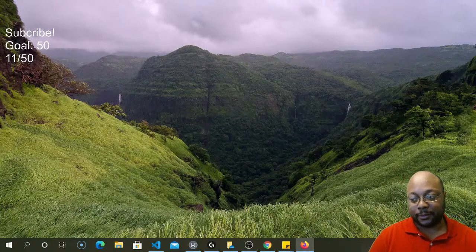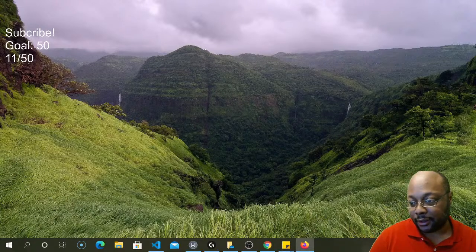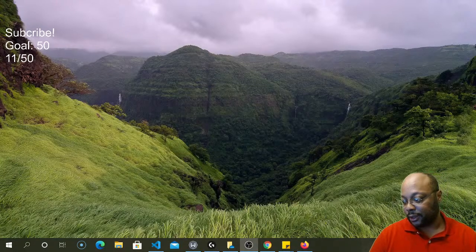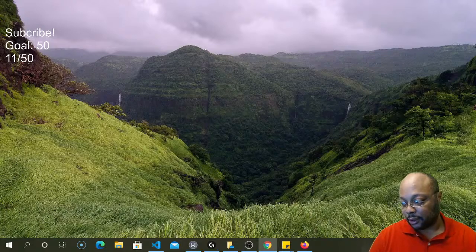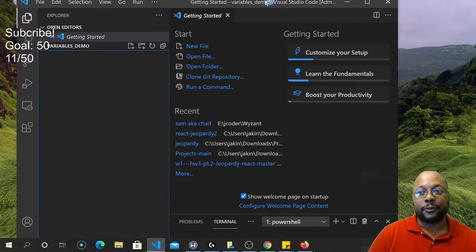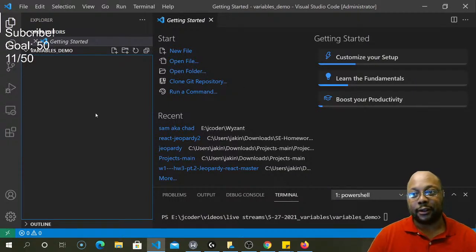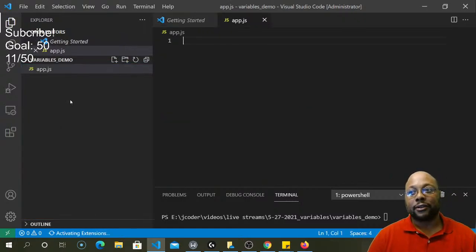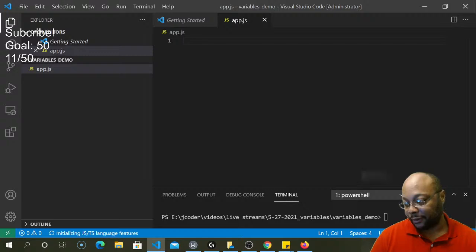Alright, so I'm gonna go ahead and get started here. So here's the code editor that we're going to use, and I'm going to go ahead and create a new folder, and this new file is going to be where we're going to do our code. So I'm going to name this file app.js. So right there we have our app.js,